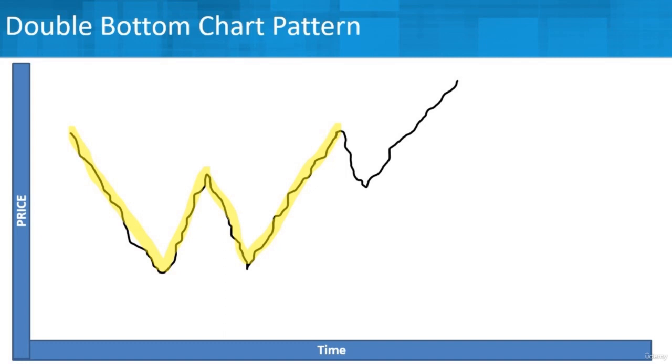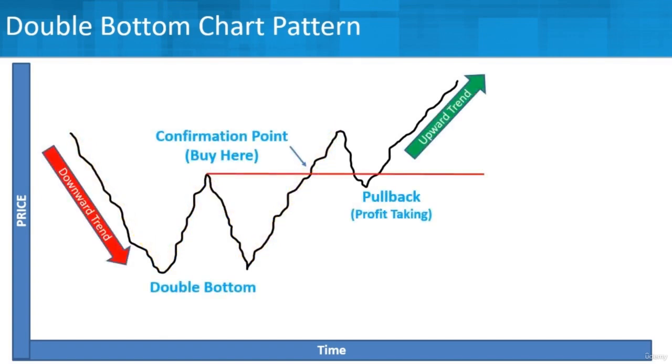Now let's talk about how we trade this. So we see a W, that's nice, but how does this really work? If you see, we're starting with a downward trend. So over a double bottom, it's a downward trend and it's going to reverse. You're going to hit bottom basically twice. We could have drawn a support line along the bottom, but you can see where the prices hit the first bottom, then they back up into the middle of the W, reach a peak, and then go back down to the bottom, forming the next side of the W,